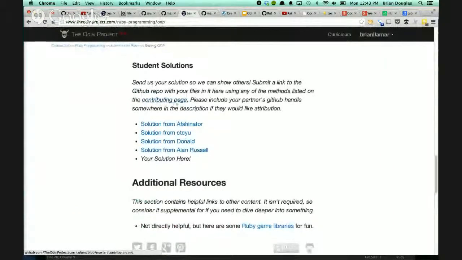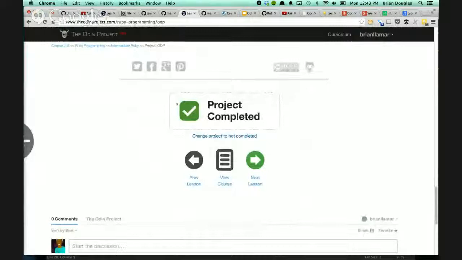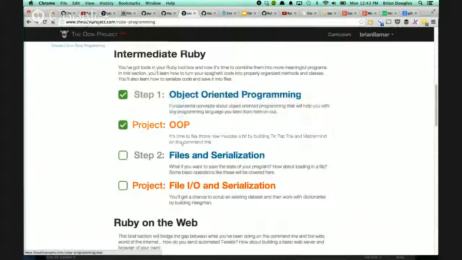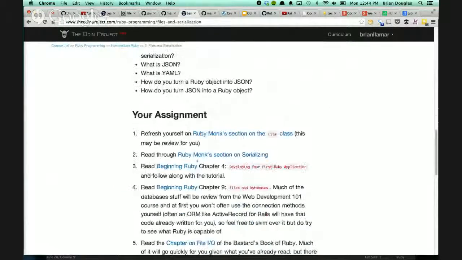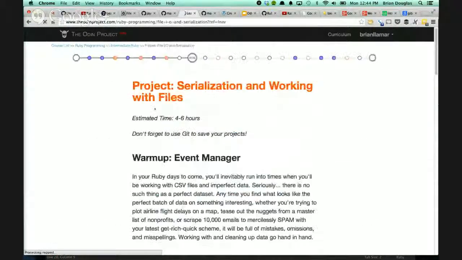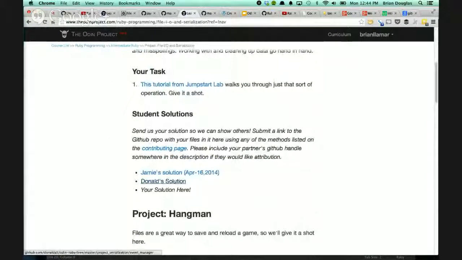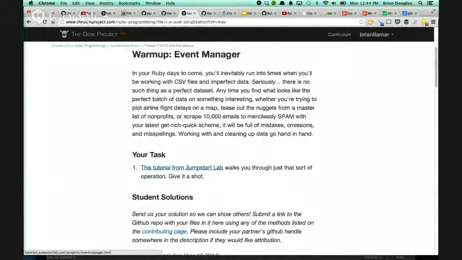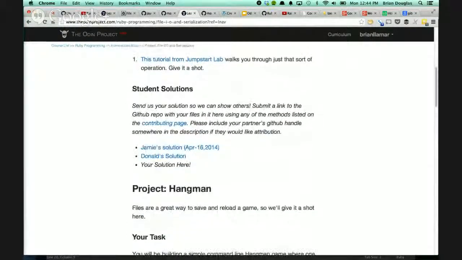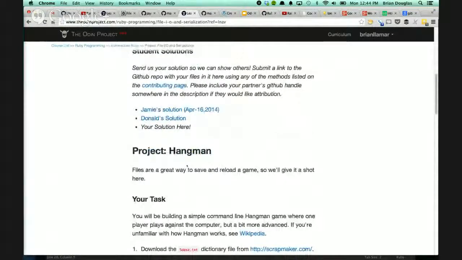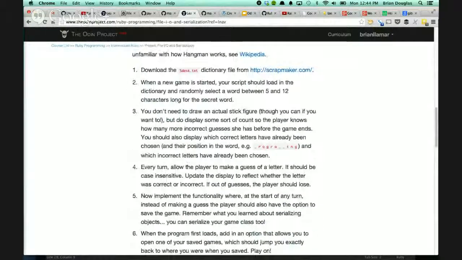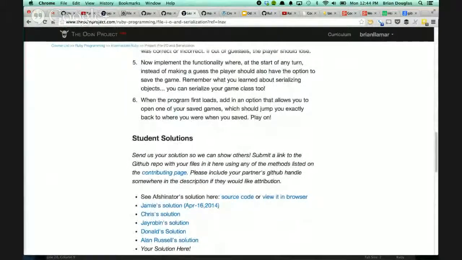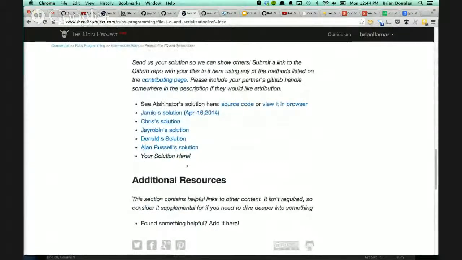So moving on, let's get back to the lessons. So that's it. I mean, we went through the object. I explained more about the object-oriented section weeks ago. You can watch a previous video. But I did want to go over one of the examples for the file and serialization, which was Hangman. This event manager, it's a step-by-step tutorial, so I didn't really want to review that because I think more than likely we're going to look pretty much the same. And those tutorials for Jumpstart are pretty in-depth. But I did want to look at